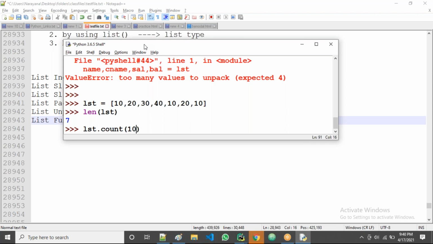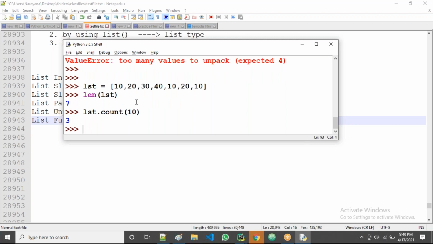Count of 10. It counts how many times 10 is there.